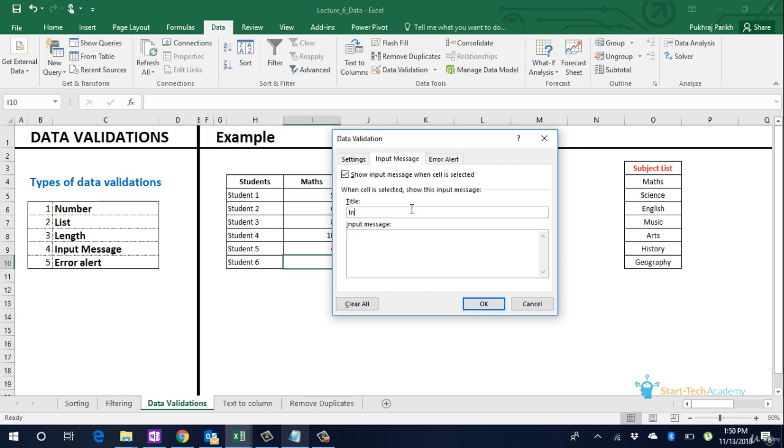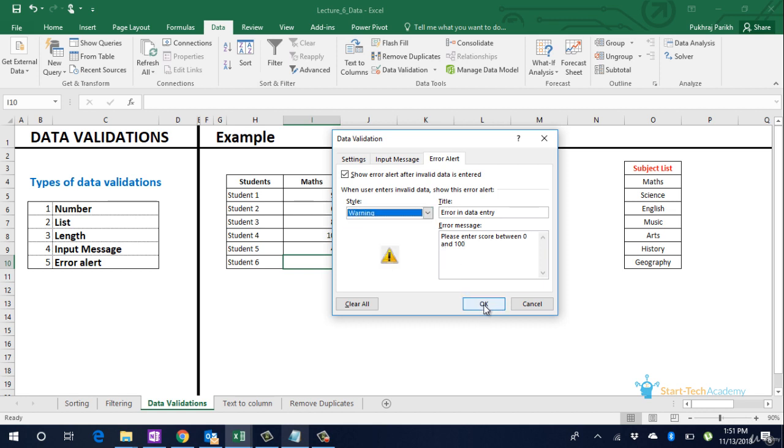For input message, we give a title of, and for error alert, title will be error in data entry and message will be please enter score between 0 and 100. You can choose the icon that you want to get in the error message.